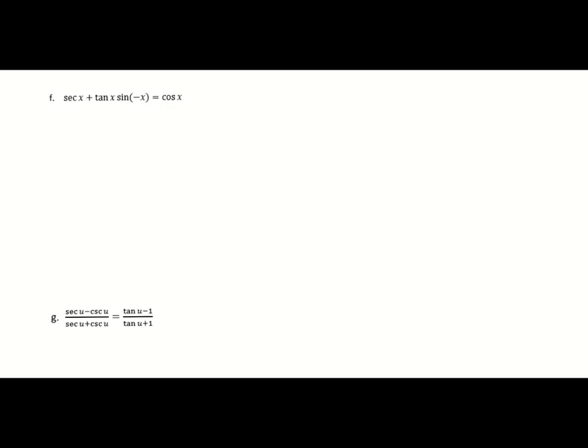Okay, so for this problem, again, I'm going to go left to right here. There's more going on the left than on the right. So I will just manipulate the left-hand side. So the first thing I see is that there's a negative with one of the angles. But that's a quick fix because we can get rid of the negative with the angle by using the even and odd properties. And I know that sine is odd. So the sine of negative x is equal to the negative sine of x. So I'm going to put the negative, quote-unquote, on the outside here, which will make this a minus tangent x